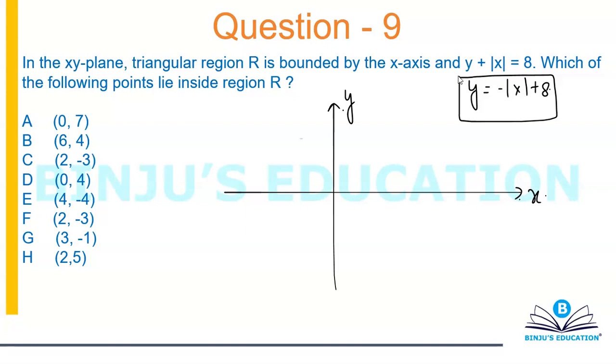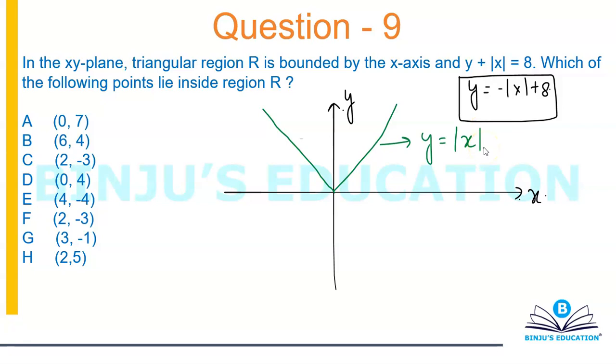Now let's suppose you do not know that. So how would you make the graph in the exam? We'll be using two concepts. One is the concept of how to draw the graph of mod of x, and second is the shifting process and a bit of logic also. So let's start with y is equal to mod x. When you draw y is equal to mod x, it will come out to be something like this. This is how y is equal to mod x would look like. Everyone knows this. Nothing new in this.